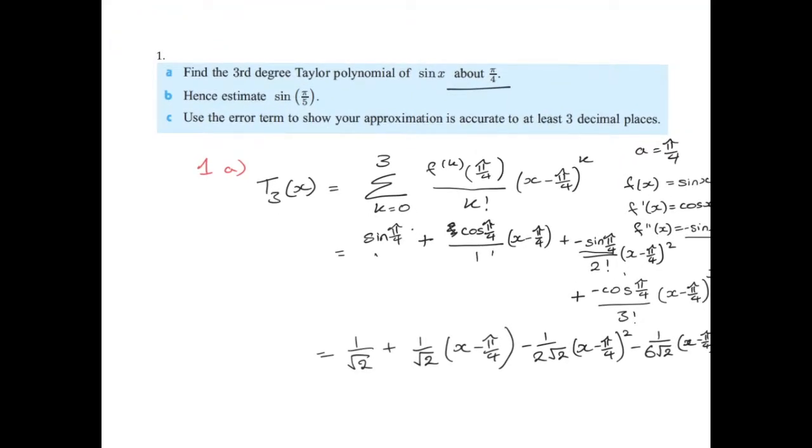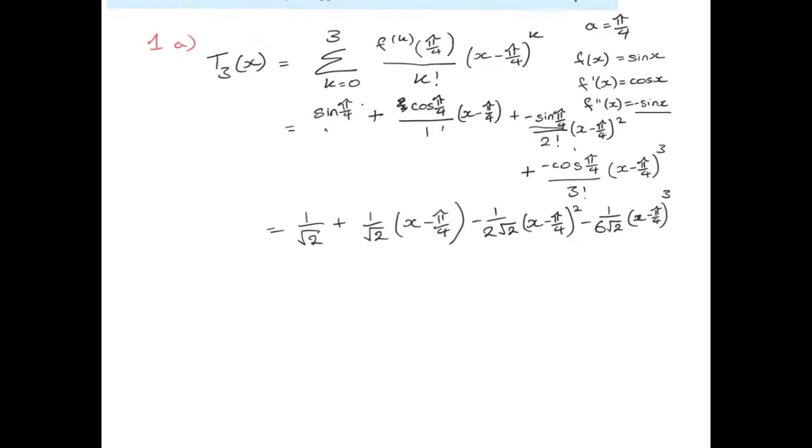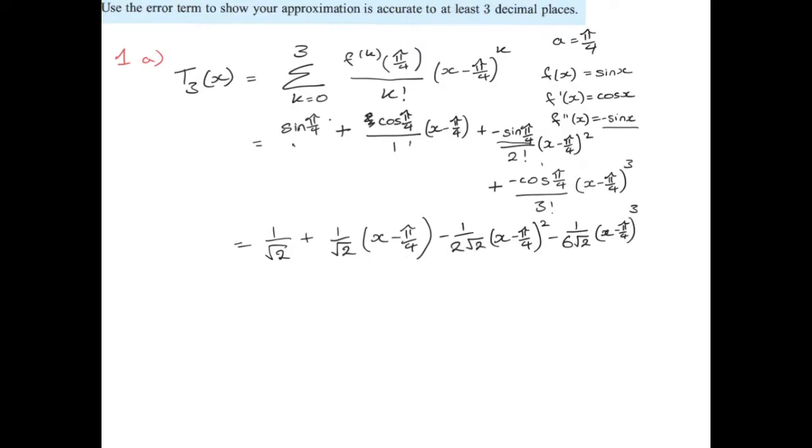Hence, estimate sine pi on 5. Girls, that hence word is very important. That's telling you to use your previous approximation. So in other words, we're just subbing in this x value of pi on 5 into our previous polynomial. So I would write for B, sine pi on 5 is approximately T3 of pi on 5,